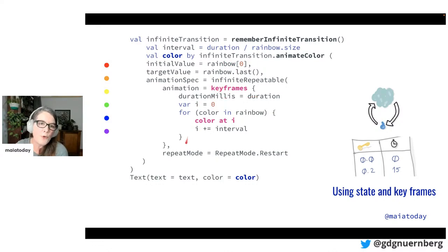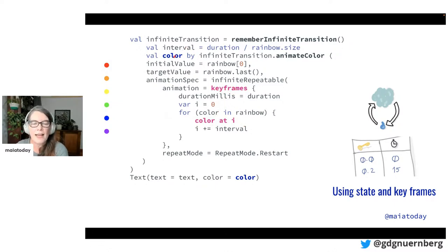And then I just have a for loop here that we're setting up. The keyframes has an infix operator, this at, and it's just saying that I'm looping through my rainbow. I'm saying I want this color at this interval, and then I'm just incrementing it. So it might be 10, 20, 30, 40, 50, 60, or I think it might be over a second, but you understand what I'm saying. So we're setting these colors, and the animation will go red to orange, orange to yellow, yellow to green, green to blue, because of these keyframes and the colors at the separate intervals.